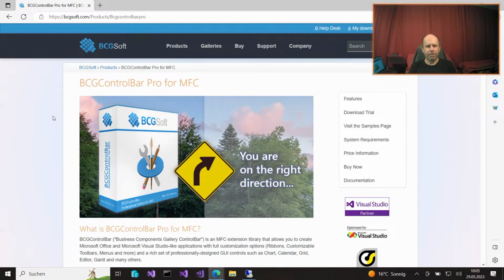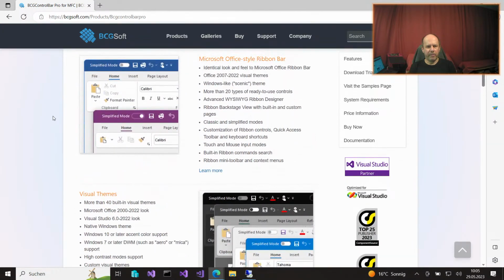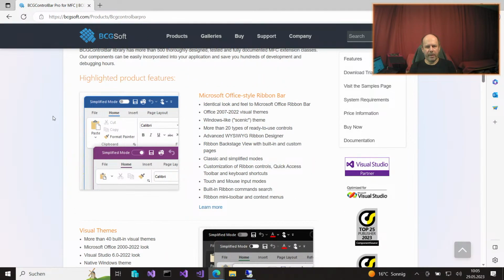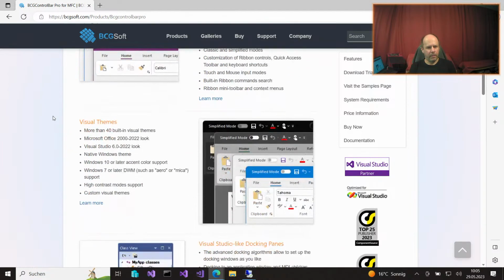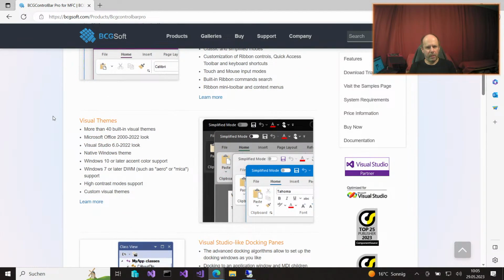This is the software vendor, and it has these nice looking office style ribbon bars. It has visual themes, you can read.